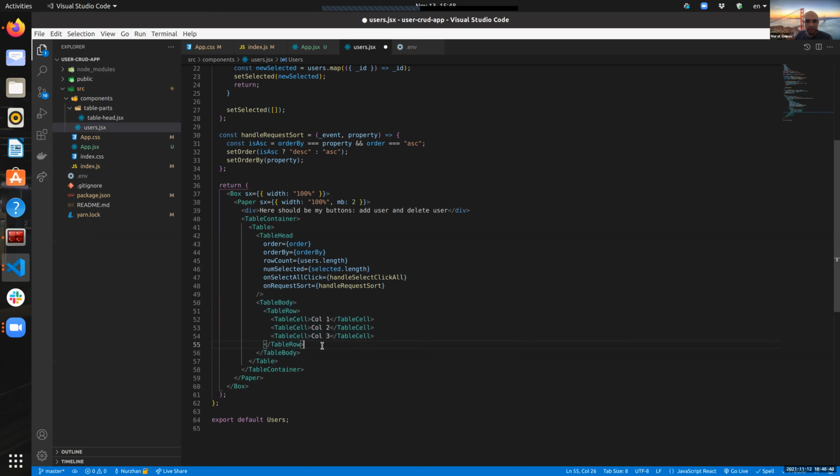So we say we need now a table body. Within the table body, we don't need this, and we don't need this, and we will just modify this part. Cool. So within the table body, we can start mapping. So we say users. For now, we just will map. So user,